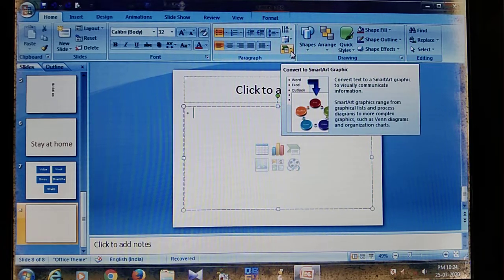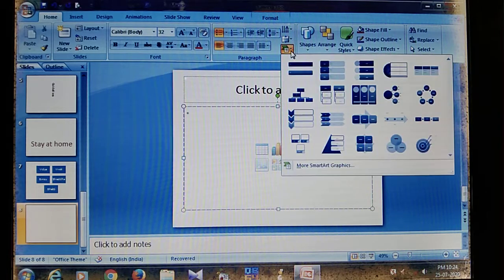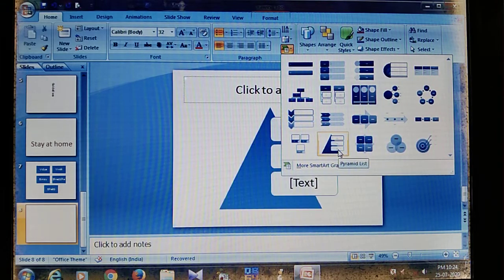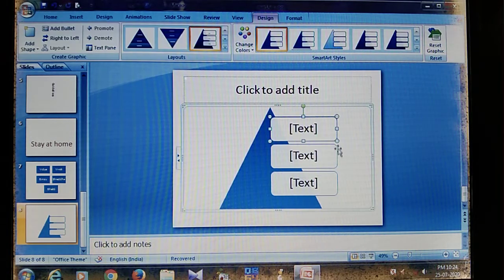Convert text to SmartArt graphics to visually communicate information. So if I click on it, suppose I select this pyramid list to show your different class promotions. So if I click on it, SmartArt graphics are automatically inserted in your existing slide.